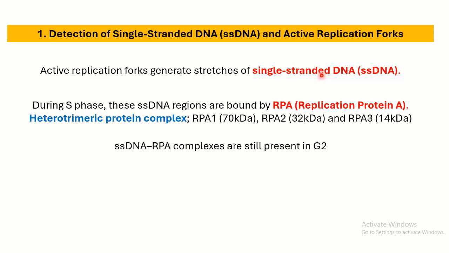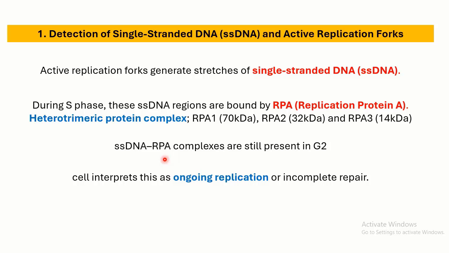Now, when you move to the G2 phase of the cell cycle, if there is still single-stranded DNA, or there are still active replication forks, these RPA complexes on the single-stranded DNA in G2 would mean there is some sort of problem going on with the replication, or some problem with the structure of the DNA, or there is damage to the DNA, or there is incomplete repair. Because we're talking about cell division, I'll be focusing on this ongoing replication. So if the G2 phase senses the presence of the single-stranded DNA RPA complexes, it is going to interrupt